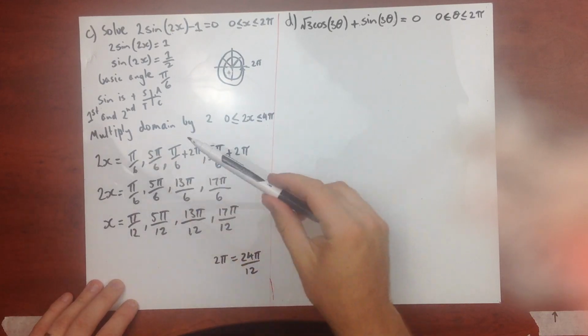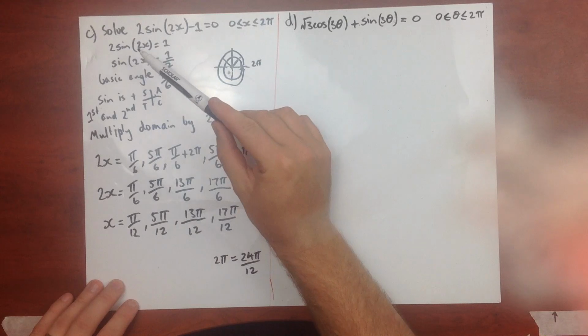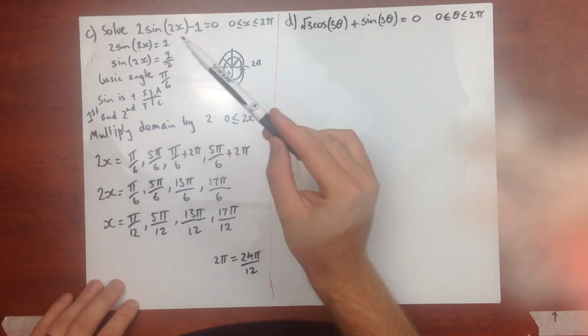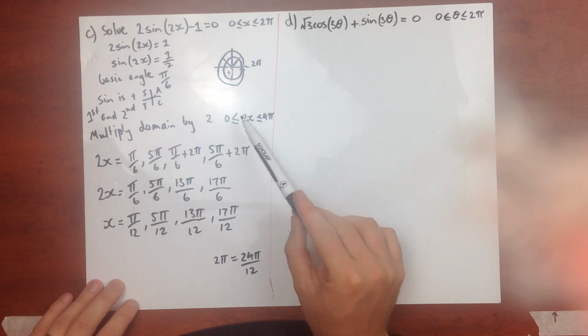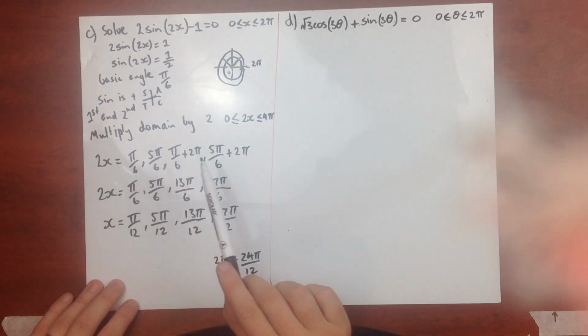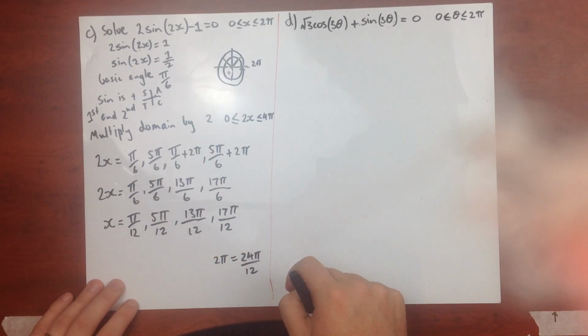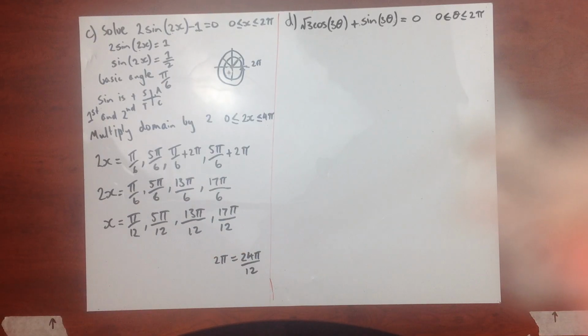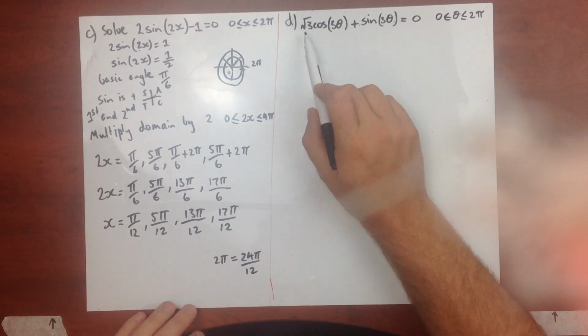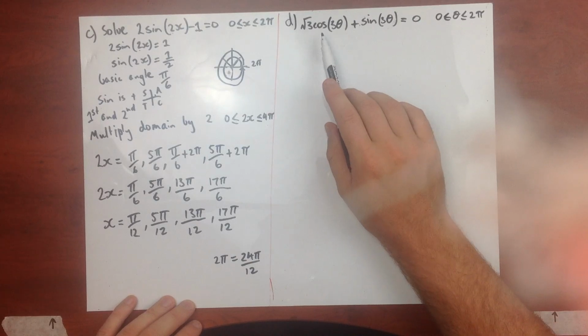So the key different step here is we need to multiply our domain by this coefficient, to expand our domain and get our solutions till our domain is full. That's really important. Our next worked example here that we've got is